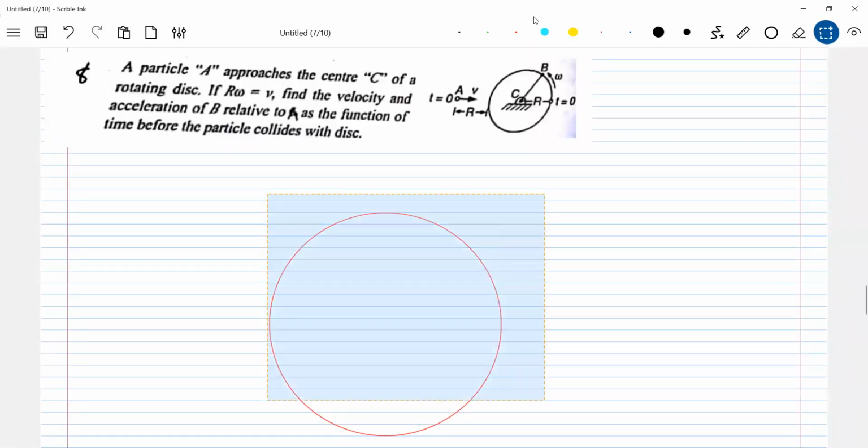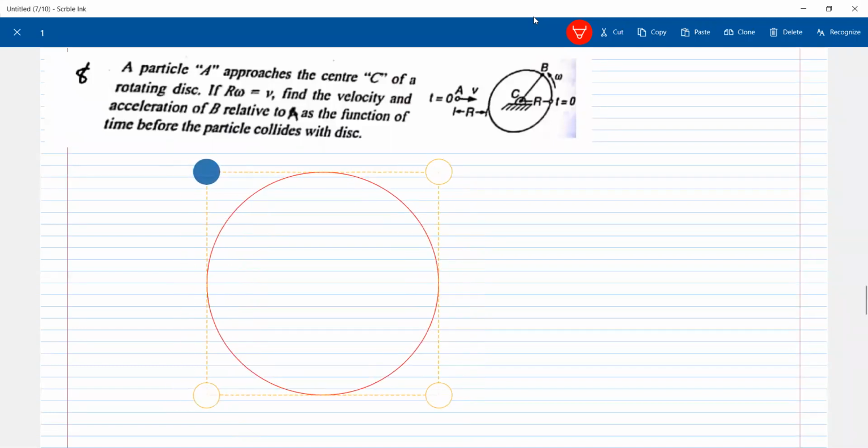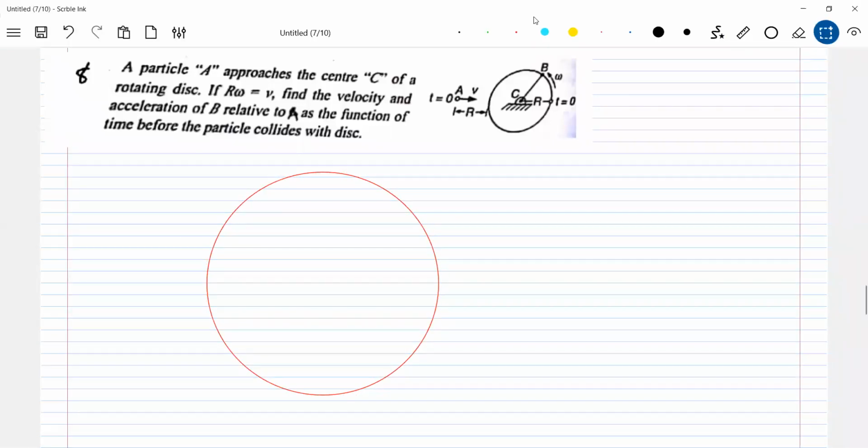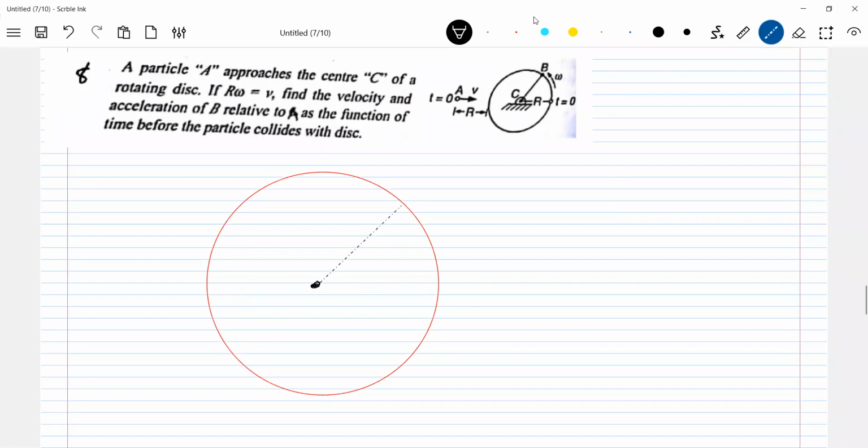Now what happened? This relative angular velocity concept, we are extending it to what? One particle will be moving in circular path. The other particle, what happened? Let it move linearly somewhere in a space. Then we are going to discuss the situation. I'll give a clear diagram.